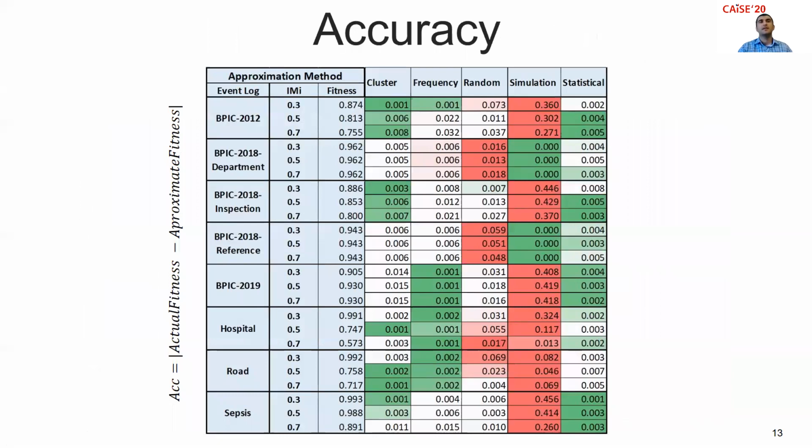In this slide, we can see the average accuracy of approximation for conformance value when we use different approximation methods. As explained before, we use different inductive miner thresholds for process discovery. To compute accuracy, we simply consider the absolute difference of the actual fitness value and the approximation value. In this table, the darker green means a higher accuracy compared to other methods, and a darker red means the